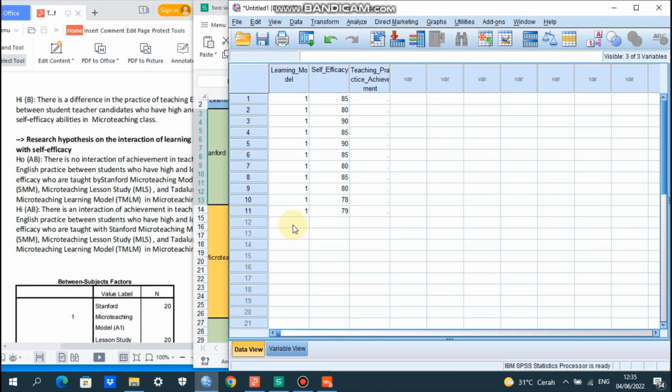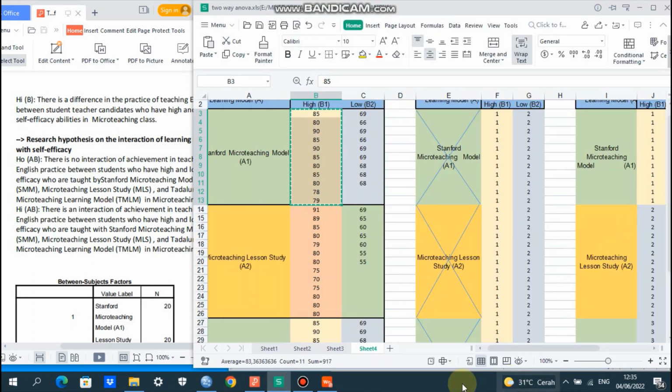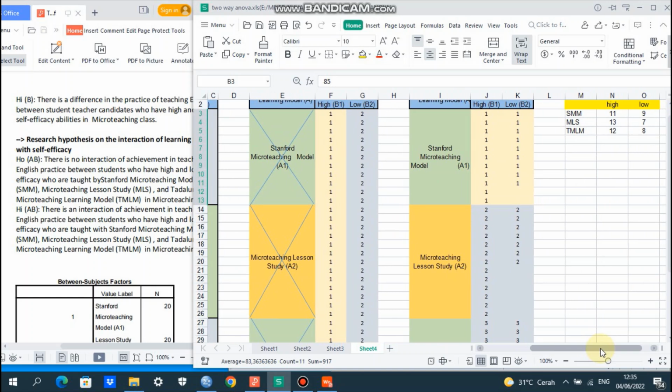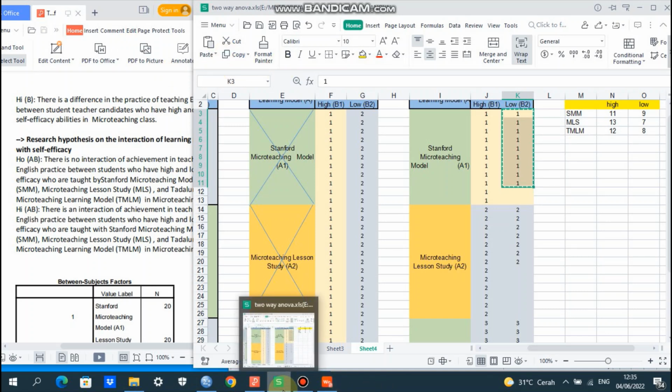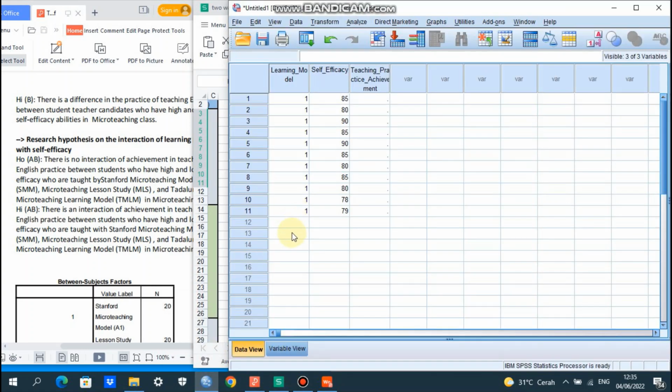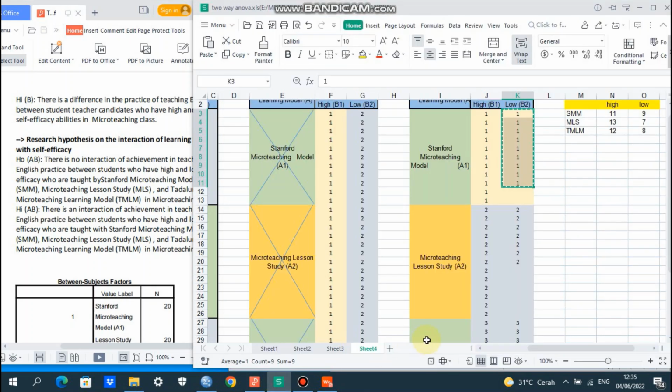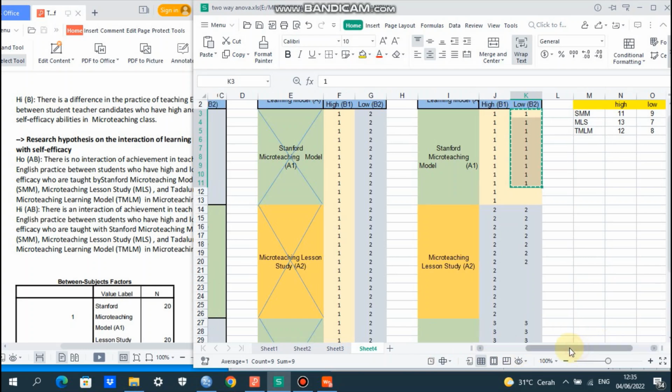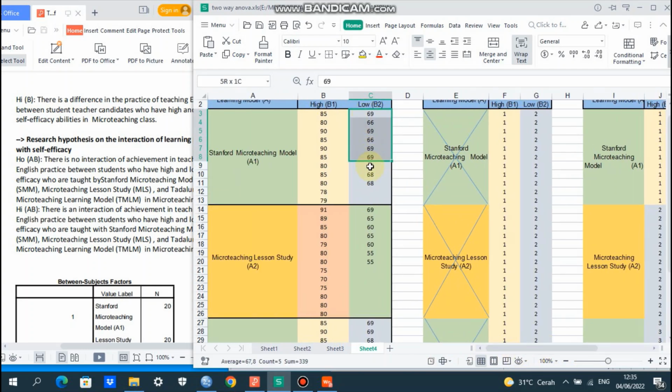And then the next 9 students who are joining the micro teaching model, the code is still 1. So the total is 20 here, and then we copy the low self-efficacy score.